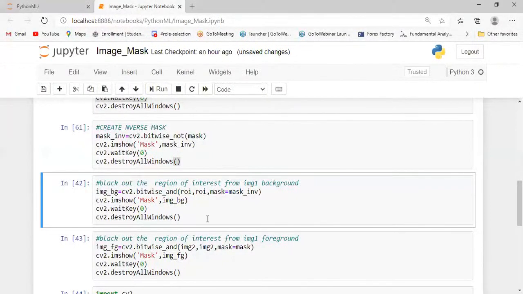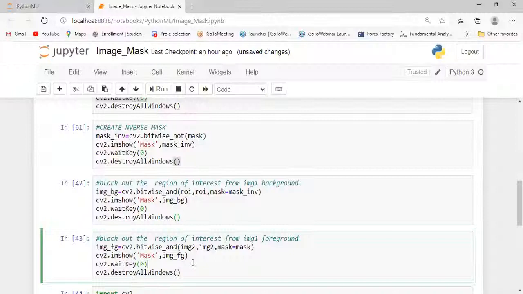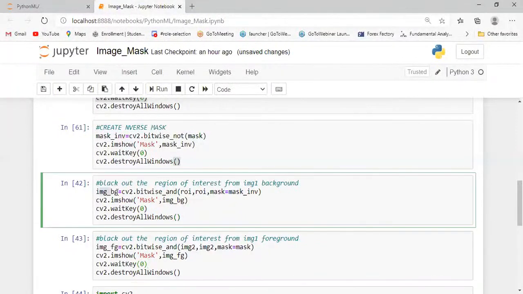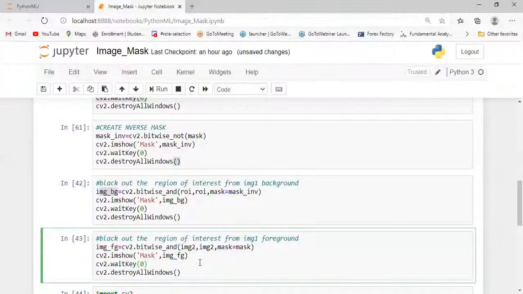In that code, all the blacked out region of interest can be changed from image one back. Another next code is using bitwise and. In that, here we change the background of the image, and we change the foreground of the image.